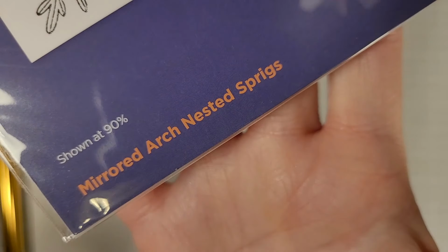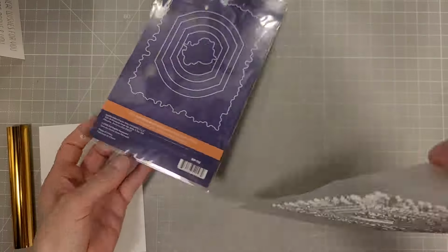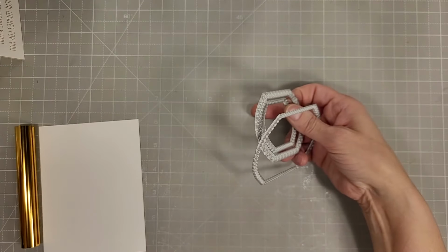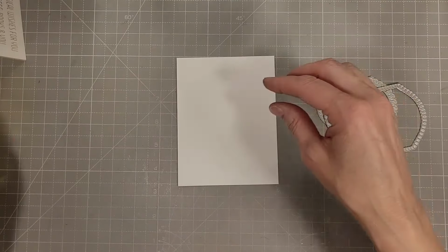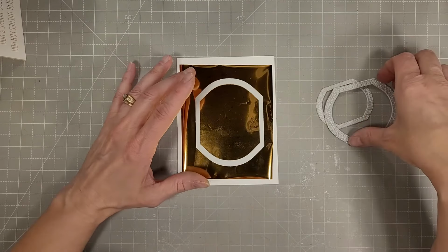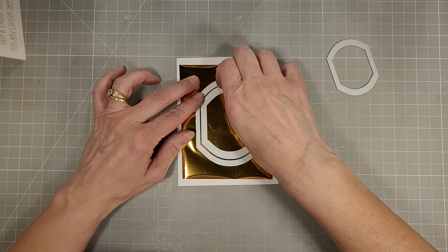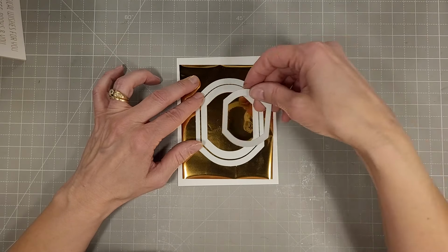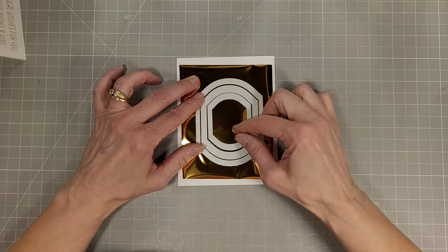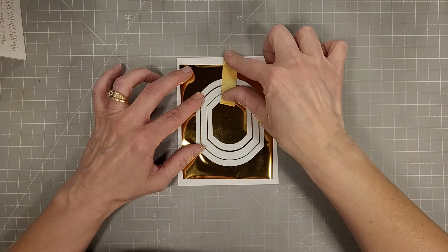Next, I'm taking out the Mirrored Arch Nested Sprigs. This is another gorgeous BetterPress die plate set, and it does coordinate with some other products I'll show you in just a little bit. I am lining up these different layers of beautiful filigree type fancy detail, and I have it on some polished brass